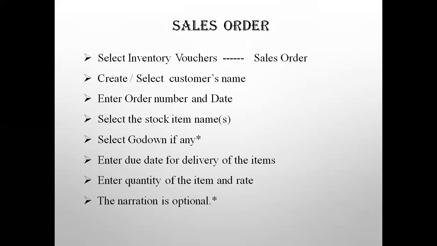The sales order is done by the following steps. Change the settings in the company accounting software when you are creating a company, the same way I explained in the purchase order. Either you create a new company or use the existing file in your accounting software. Then change the settings first, because this option is also set to No by default. So you have to set the sales order feature to Yes and then proceed with the creation.